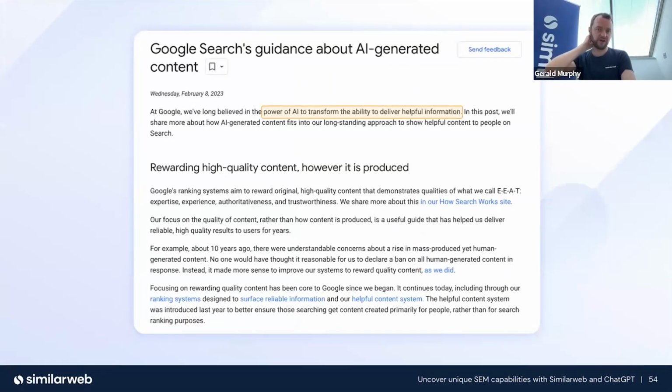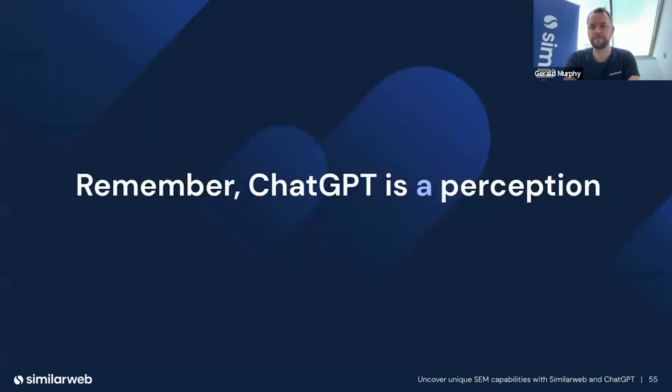Now, interestingly, when it comes to Google explicitly, they actually don't have a policy that says you shouldn't be using ChatGPT, because they do see the value of it helping to deliver helpful information. But notice in their guidelines, it does say things like the EAT framework. So it's a really, really important concept to get. And critically, it's making sure that we're using ChatGPT as a prompt, not replacing a content writer, for example.